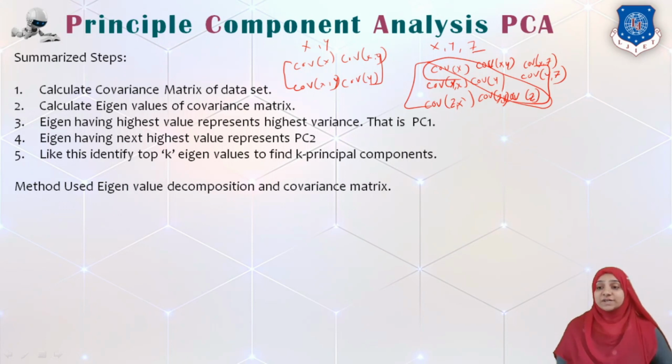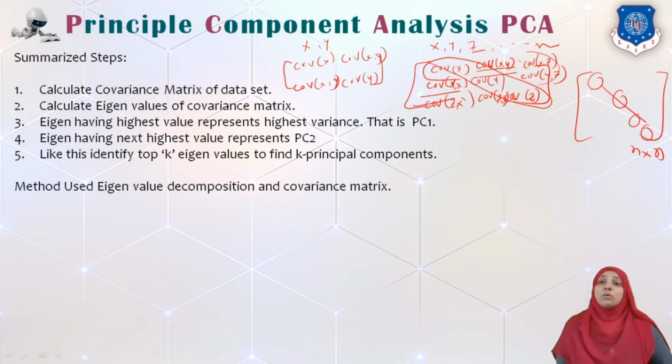Okay, so as you can see, over the diagonal, values are nothing but covariance of all different features, that is feature x, feature y and feature z, and this matrix is mirrored over the diagonal. That means upper triangular matrix is equivalent to lower triangular matrix because covariance of xy is equivalent to covariance of yx. So if I have n dimensions, say x, y, z up to n, we can have a covariance matrix of size n cross n, and over the diagonal we will have covariance of all feature components. So first step is to calculate this covariance matrix from the data set.